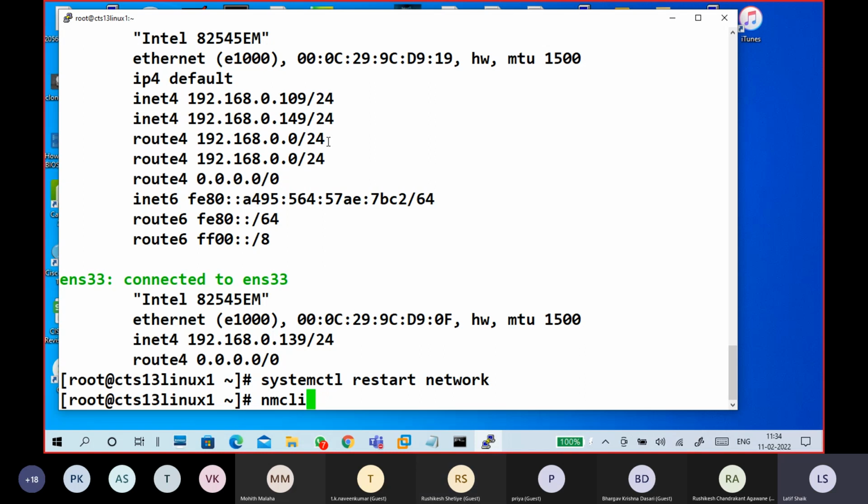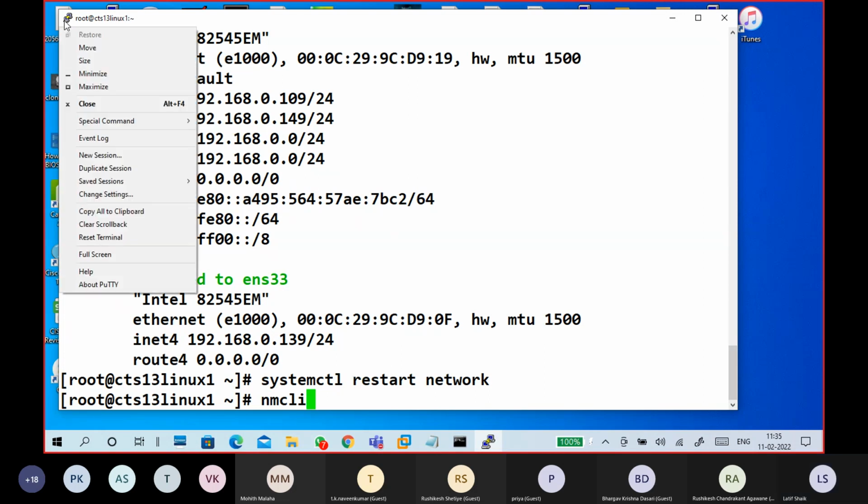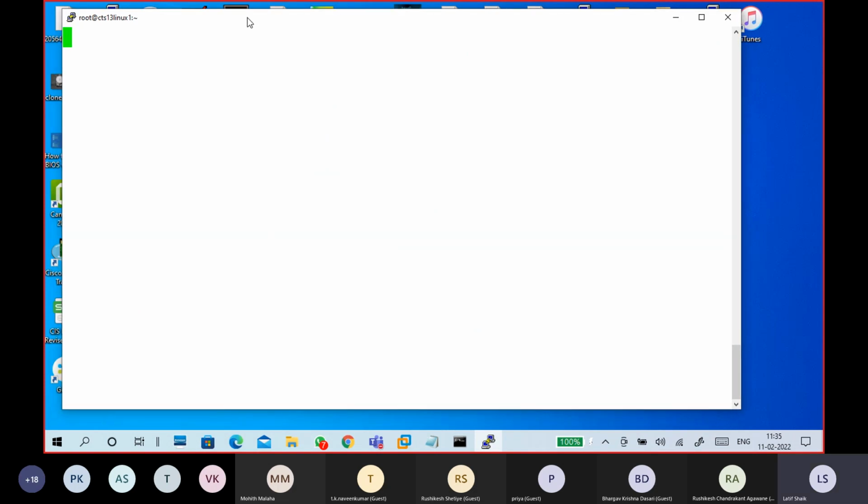The network will disconnect, and PuTTY is remote access through the network. Again a network should be established, the session layer should be re-established, right? So that's why it is taking this much time.